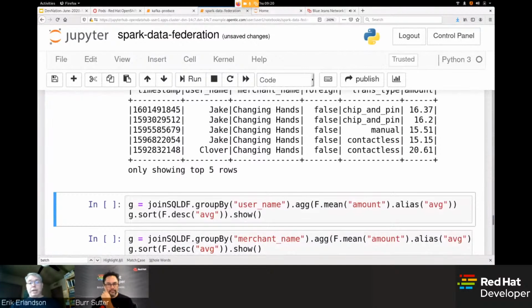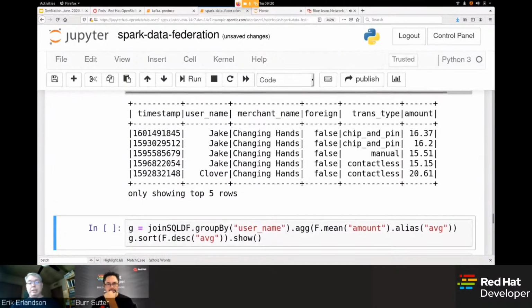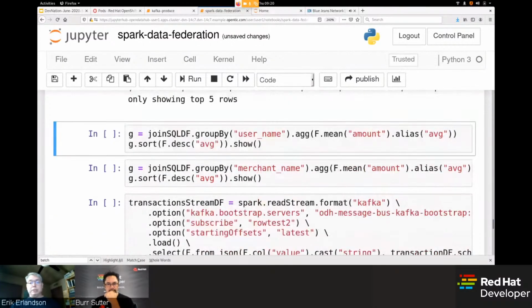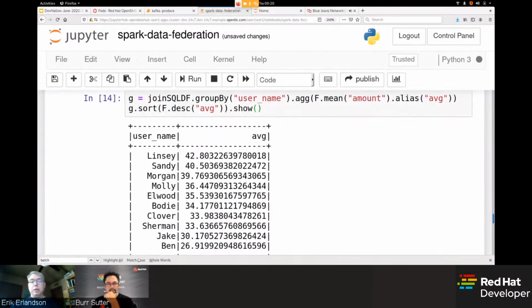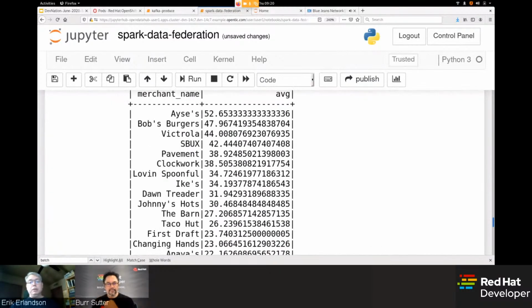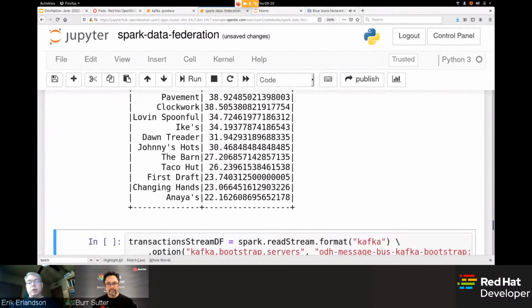You can see that the names have been changed from IDs. And I can run exactly the same queries that I did to aggregate, and it all works. So again, you can see the power of this data frame structured streaming API for taking your code and easily retargeting it to very heterogeneous data sources.